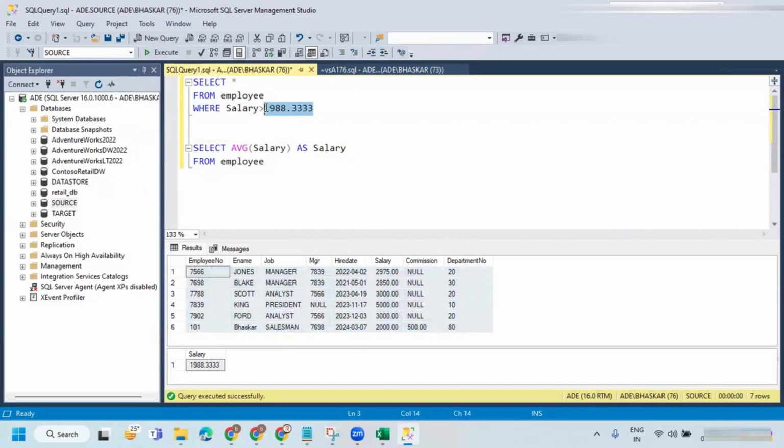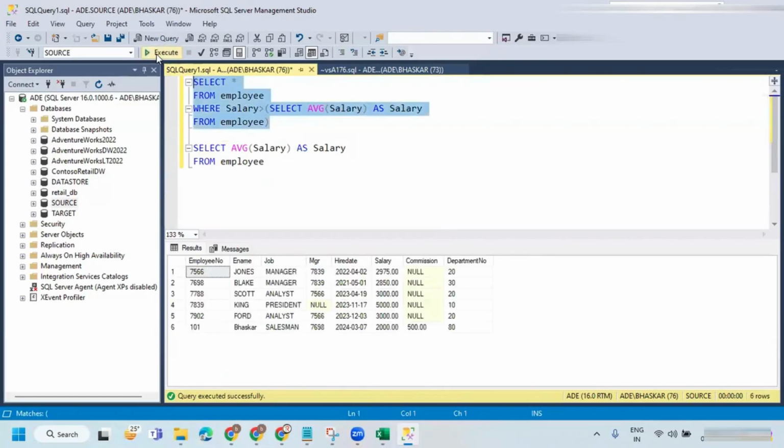So this one is going to change. Then you have to open a bracket and close a bracket. So the same records it is going to get.